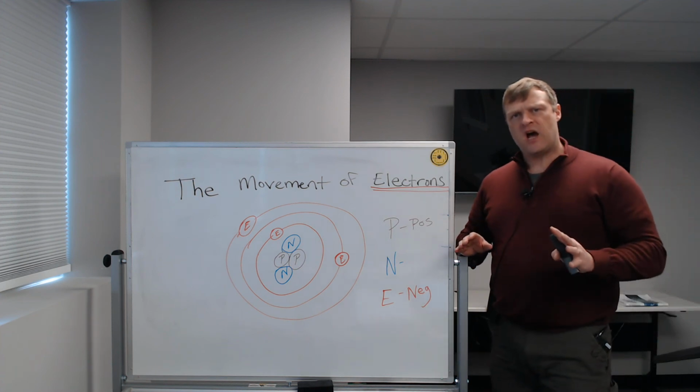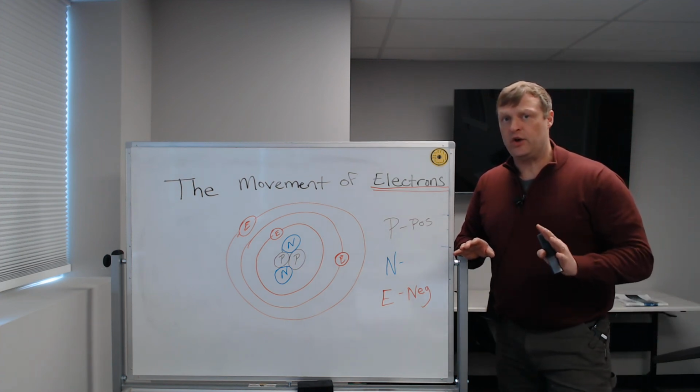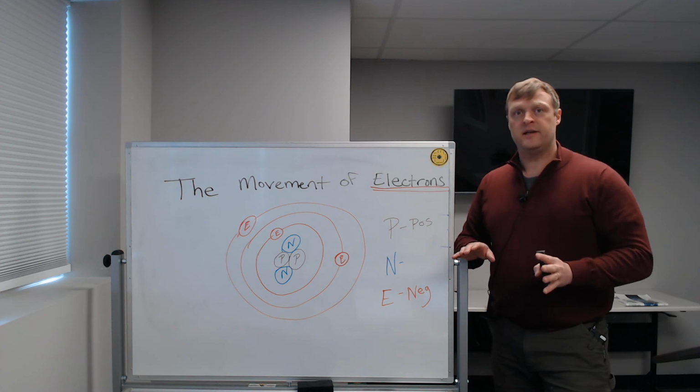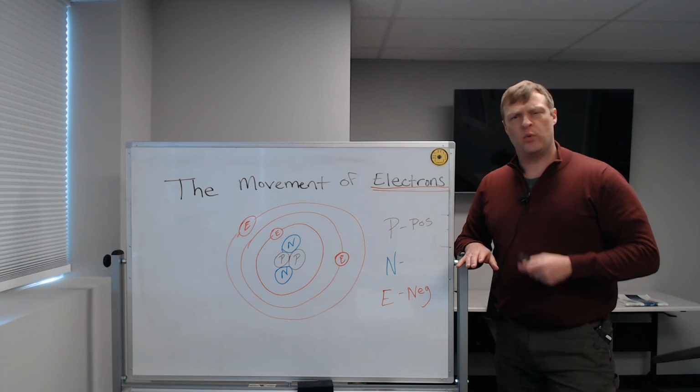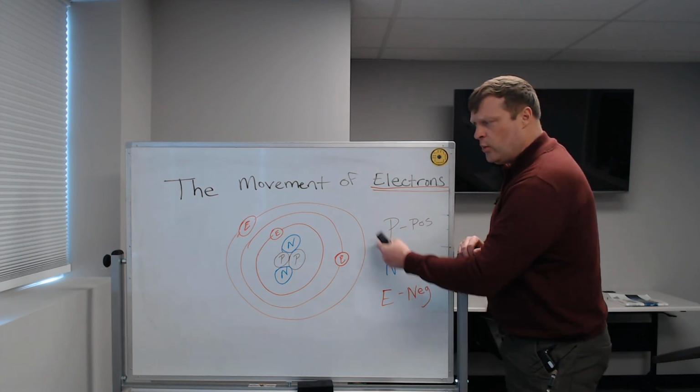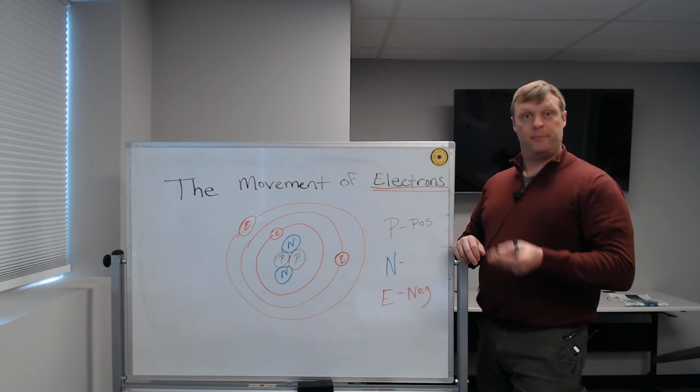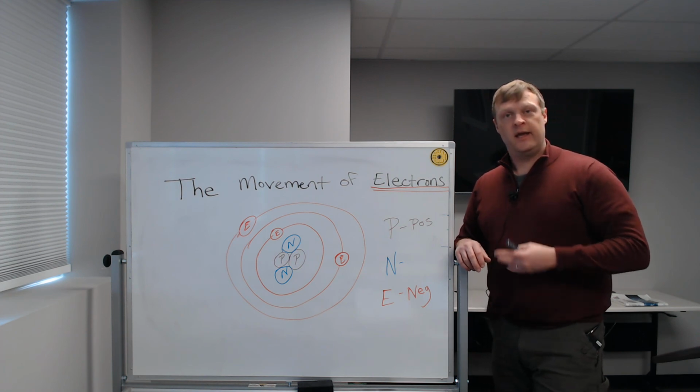Okay, we're going to stop here, but I encourage you to continue to watch because we're going to build on this principle of what is electricity. We're going to start to answer the question, what exactly causes an electron to bump off of one atom and onto another, and how does all that work?